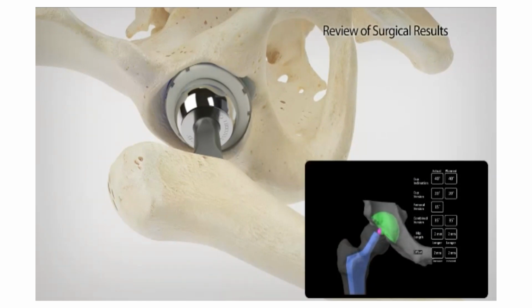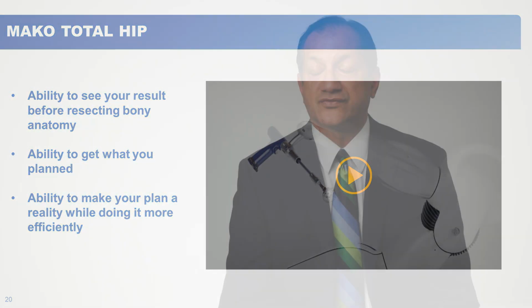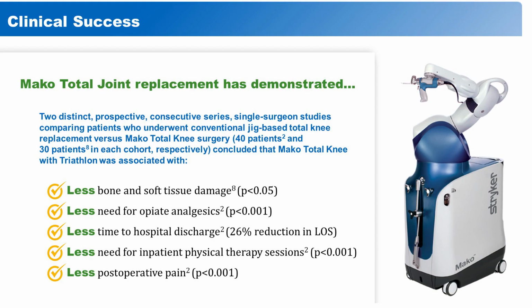We do a virtual range of motion, an actual range of motion. We can check leg length, offset, make sure that we hit our plan within a millimeter and degree so that we can get you up and walking that day, and again, with a minimally invasive approach, as well as the robotic techniques, hitting our plan within the millimeter and degree that we really want to make sure that none of those complications happen. So again, with the Mako robot, with our advanced techniques of approach, muscle sparing approach, with the newer techniques of nerve blocks,